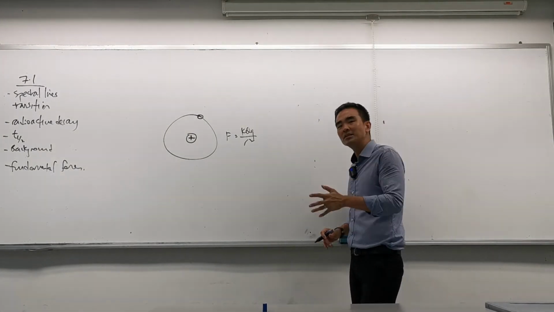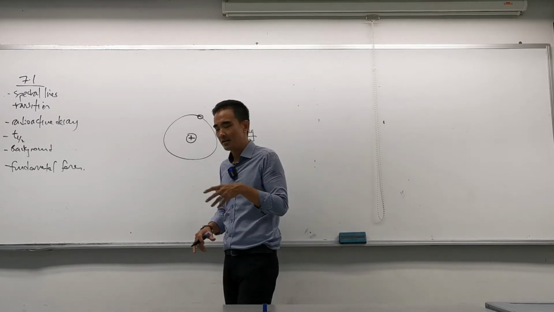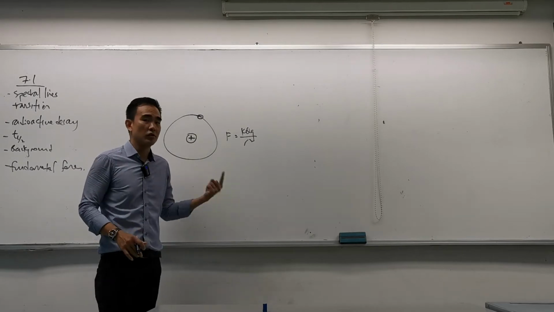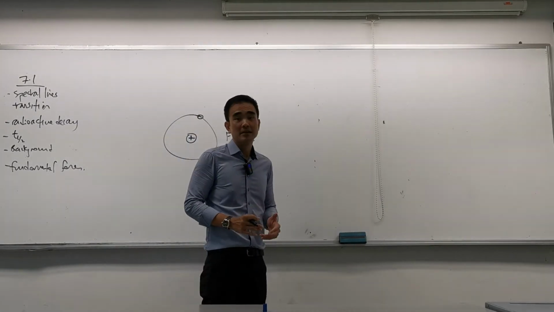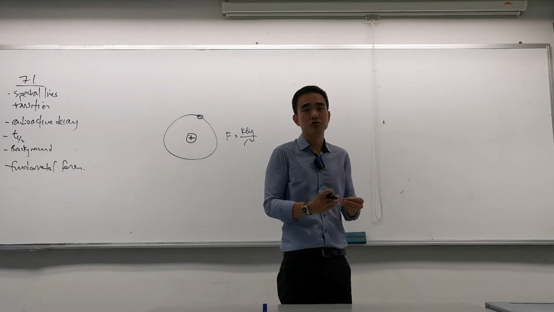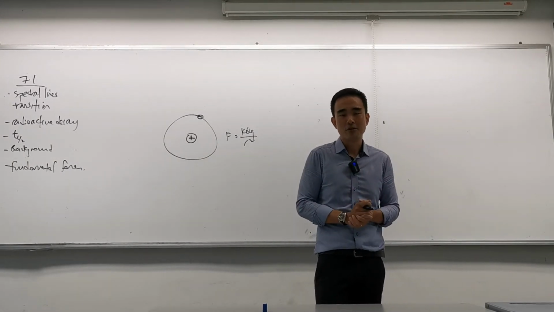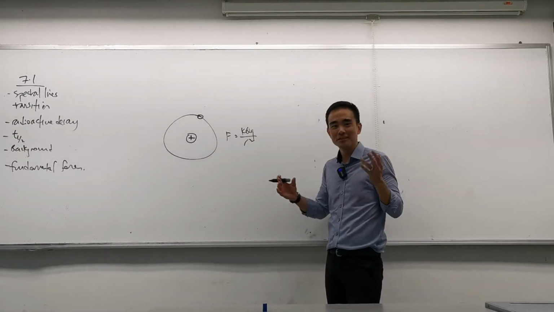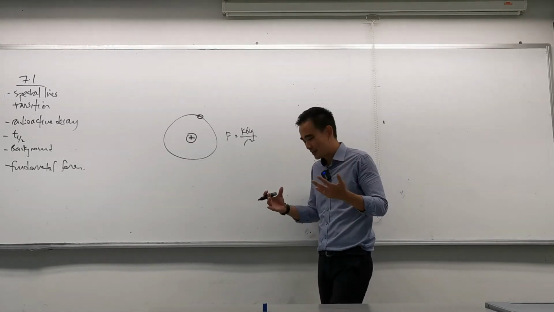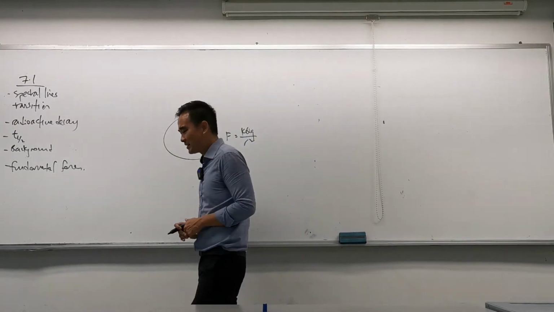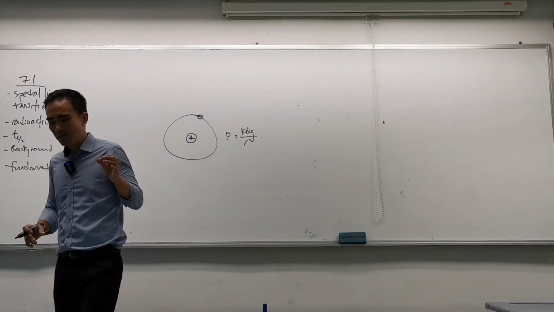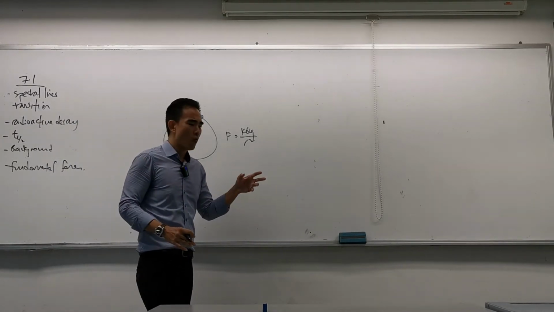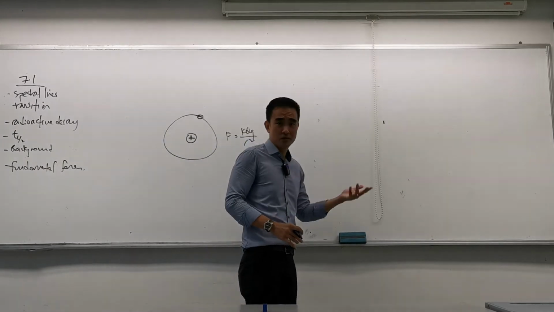And if it emits EM radiation, just like a satellite in Earth orbit, it will spiral closer and closer towards Earth. Like this, the electron will spiral closer and closer towards the nucleus. And no atom should exist, because all electrons should stick to the nucleus, so there's no atom at all. And the fact that atoms exist, that you and me exist, to go through this interesting process called IB, means that the value of r cannot take any value that it wants. So why is this so, or what's the evidence for that?